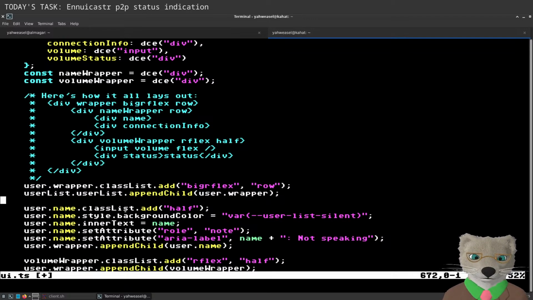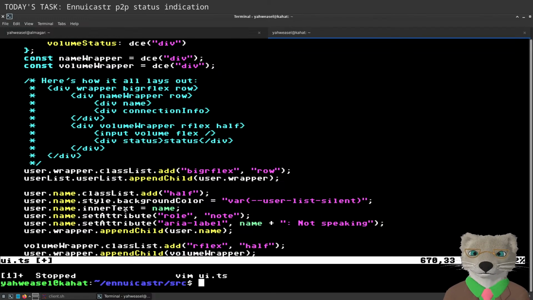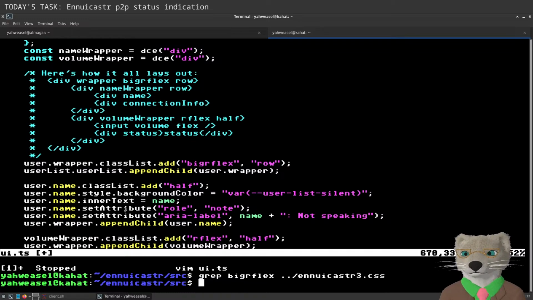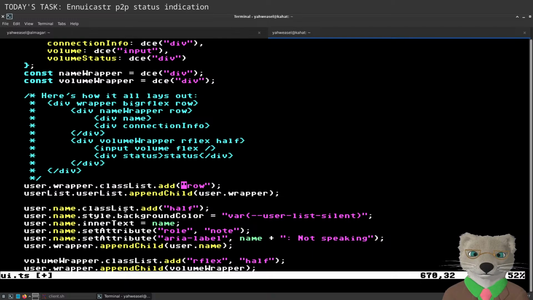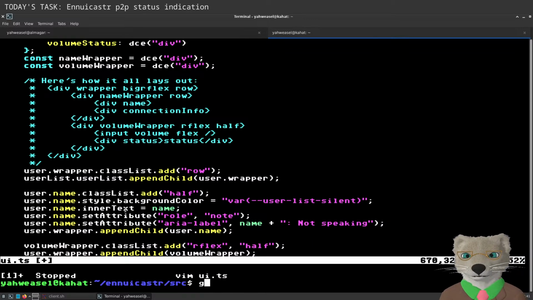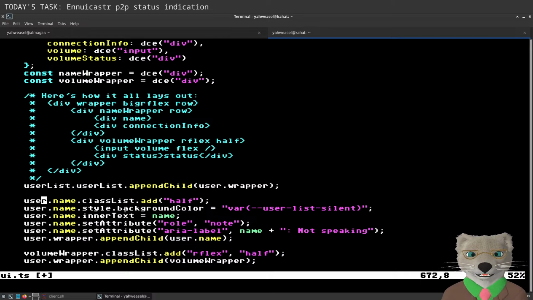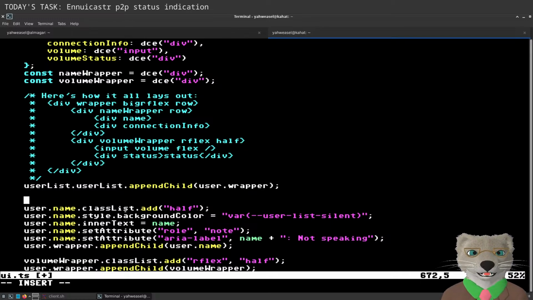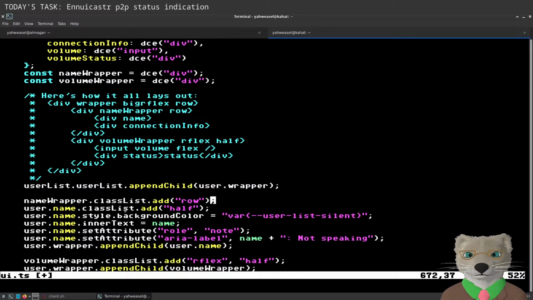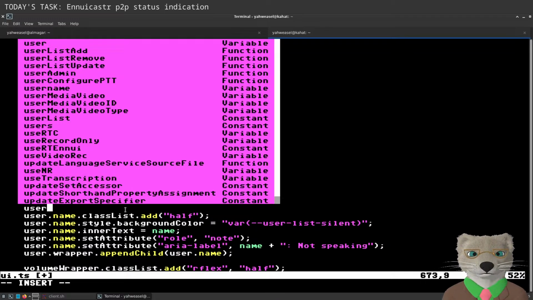That is the new layout. I don't think big Orflex is a thing anymore. No, it's not. I can just take that away. I don't think half is a thing anymore. No, it's not. So there's not much being achieved by either of these, but what I want is for that to just go directly on. That's actually fine. But then I want the name wrapper. Let's make that a row. And then